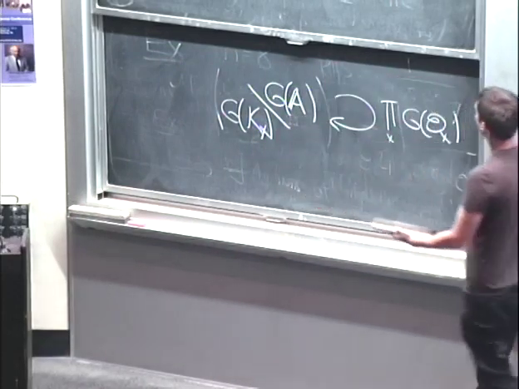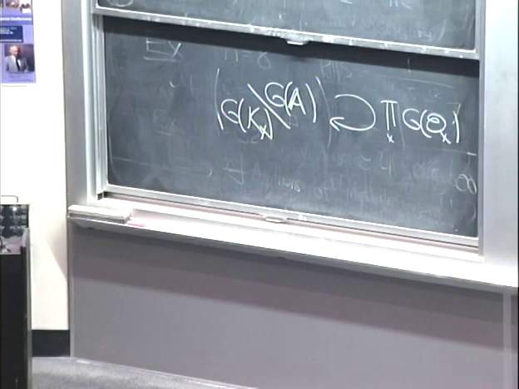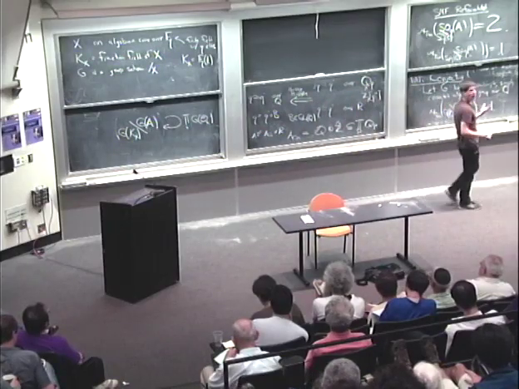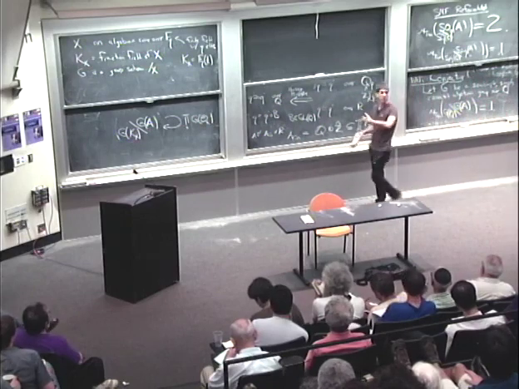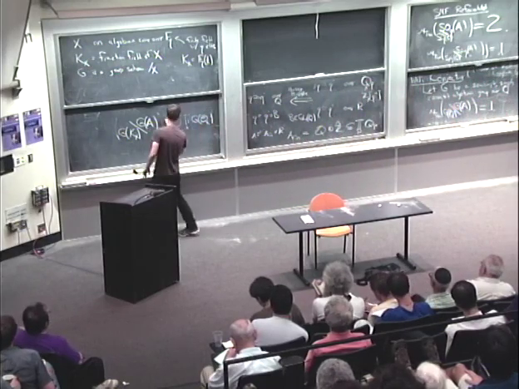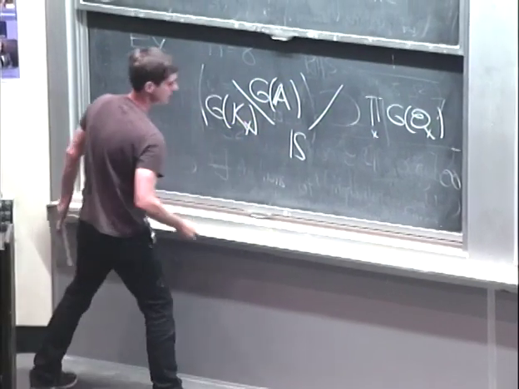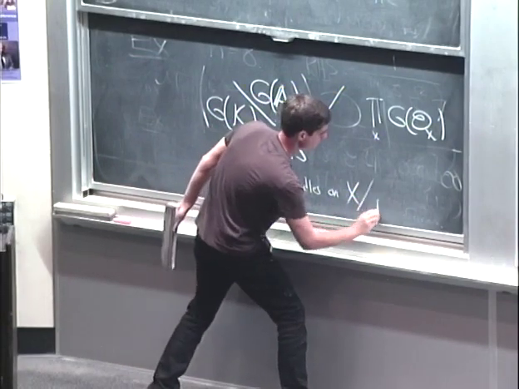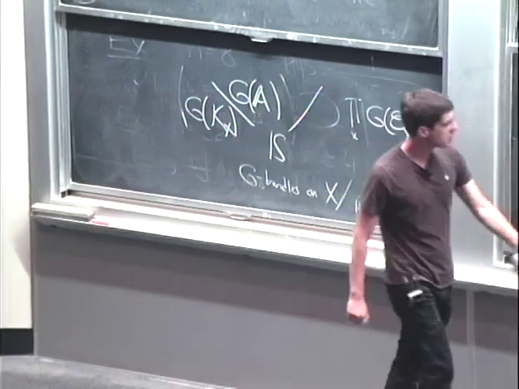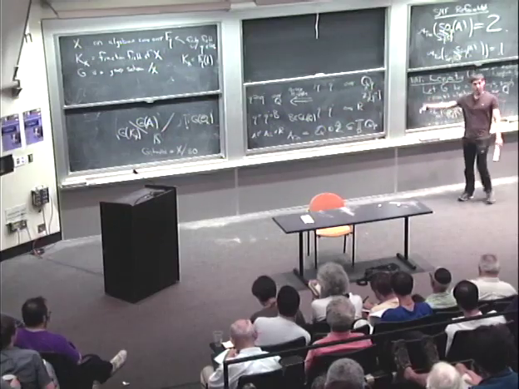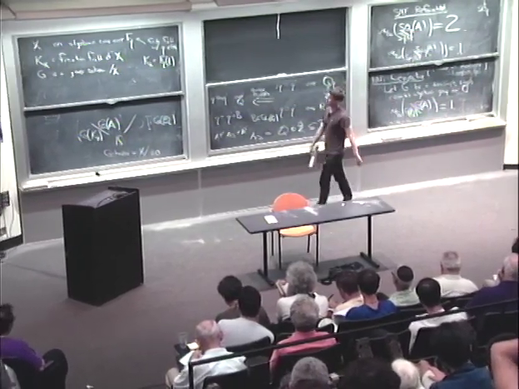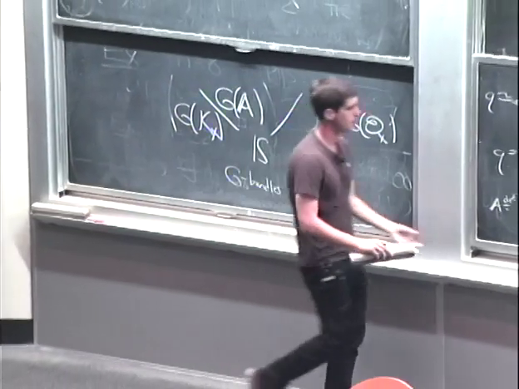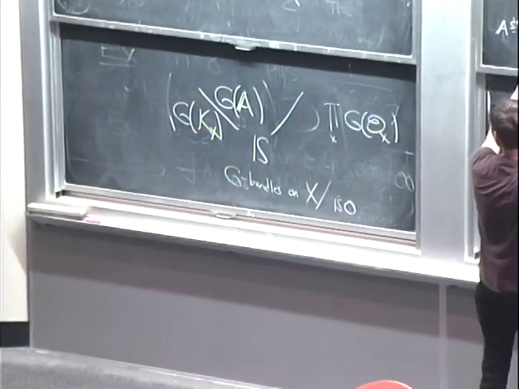And once again, there's a concrete interpretation for what the set of orbits looks like. The set of orbits of this action, or the set of double cosets, can be identified with the set of isomorphism classes of G bundles on X. Or let me write it like this: this set is in bijection with G bundles on X up to isomorphism. So roughly speaking, what the function field analog of Weil's conjecture is about is counting G bundles on algebraic curves. So more specifically,